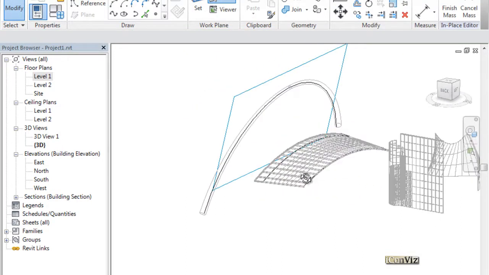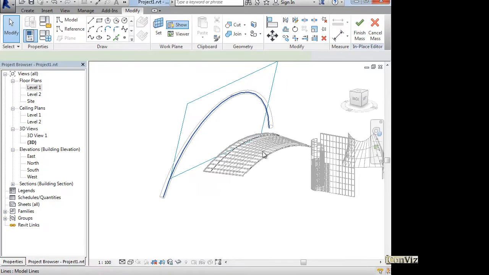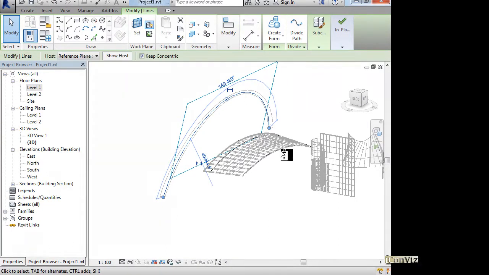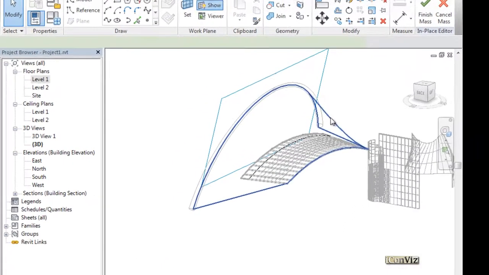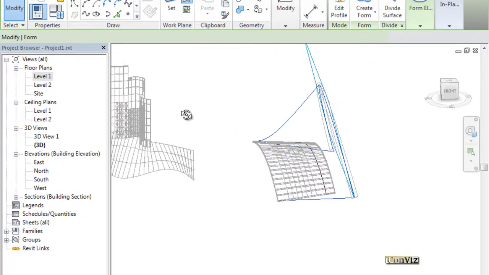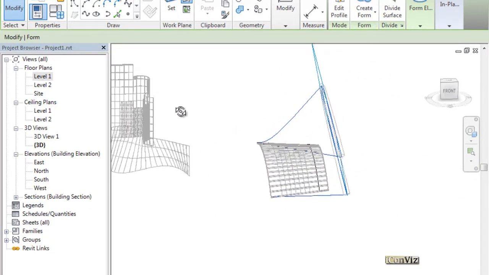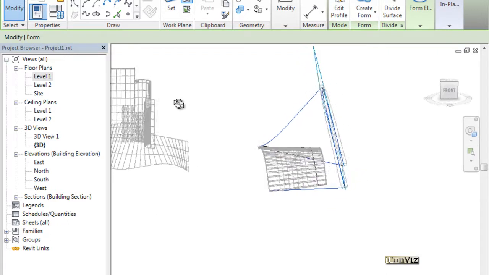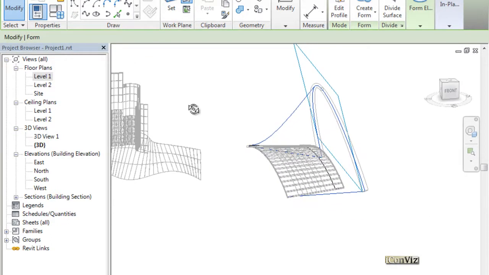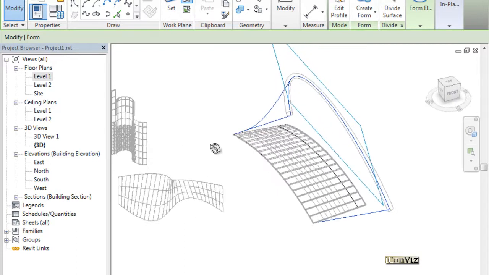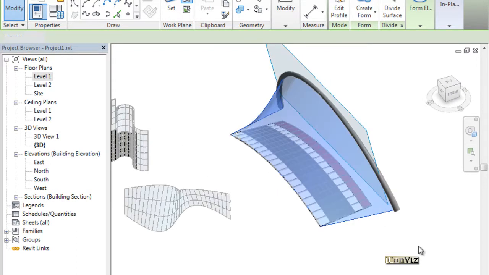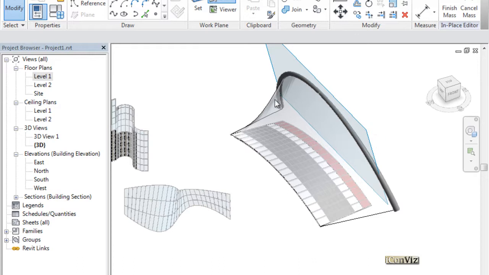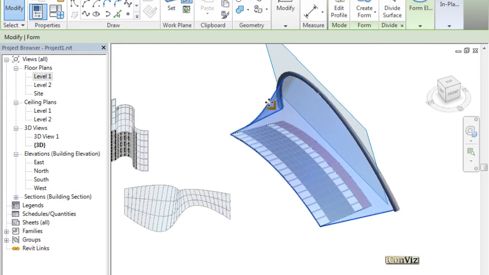So after finishing this arch, we'll select it and then press Ctrl to pick this edge of this mass, and then create form. And it's going to give us this smooth fabric-like surface. So after creating this form, hit finish mass,